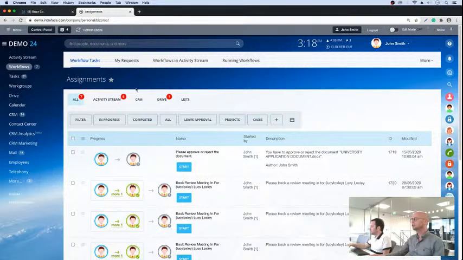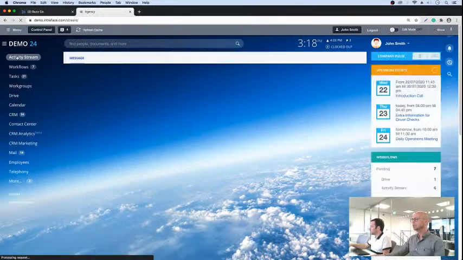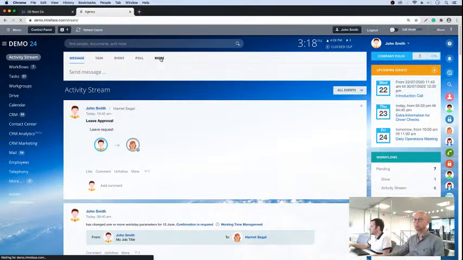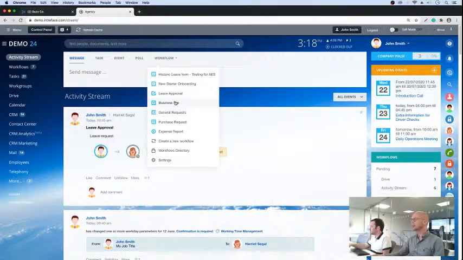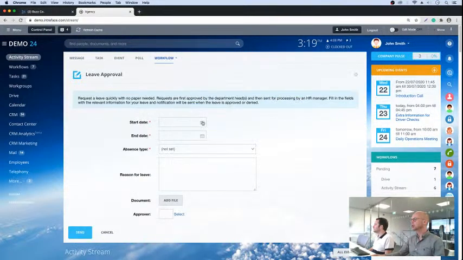Typically the main one will be something like leave request. Leave request is a standard workflow that's built in. If we go into our workflows link, which is here, you can see the standard ones are leave request, business trip, general request, purchase request. You can build your own. One we demonstrate quite a bit is new starter, an onboarding process for new starters. But the common one is this